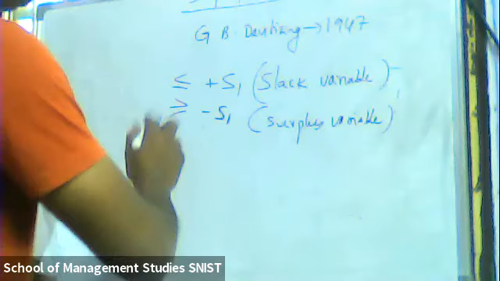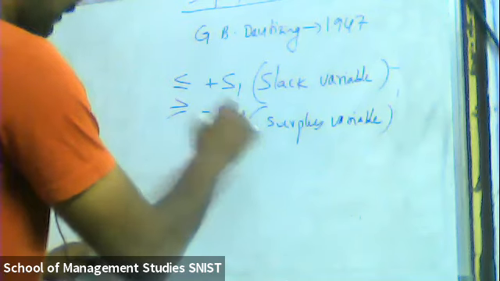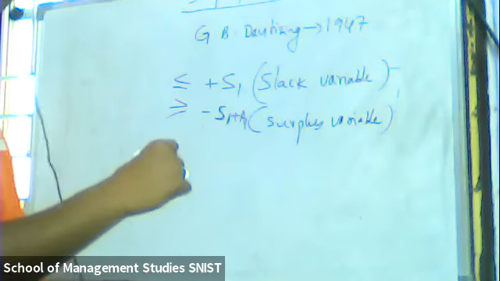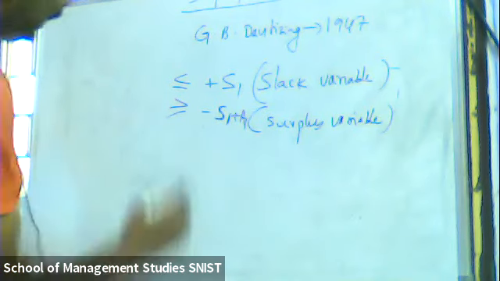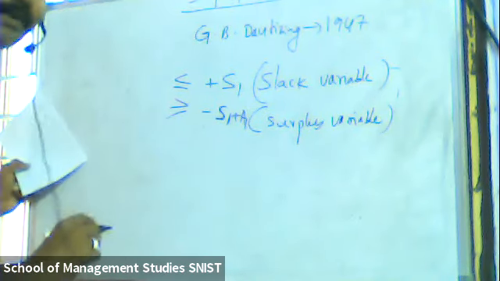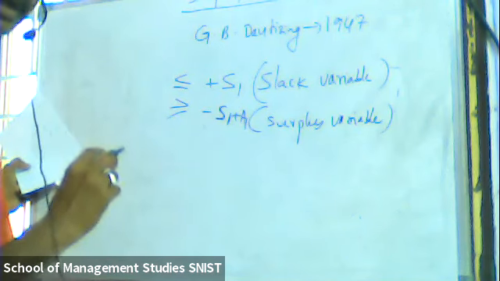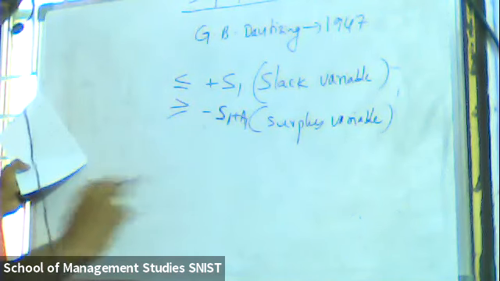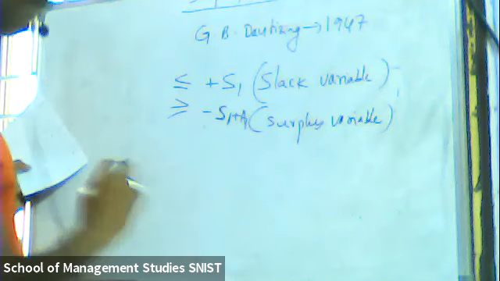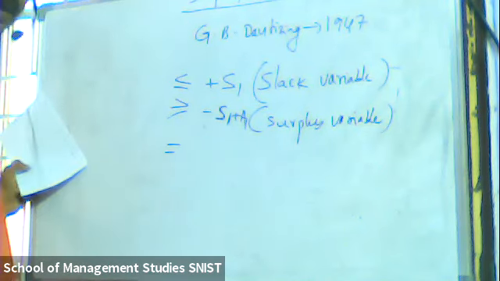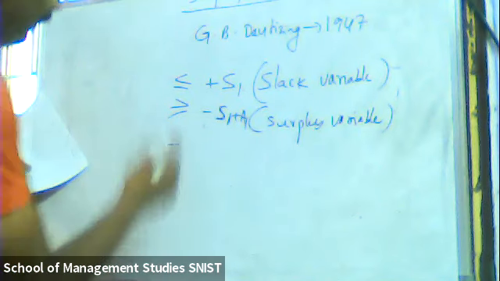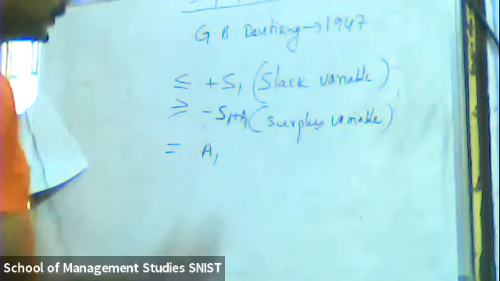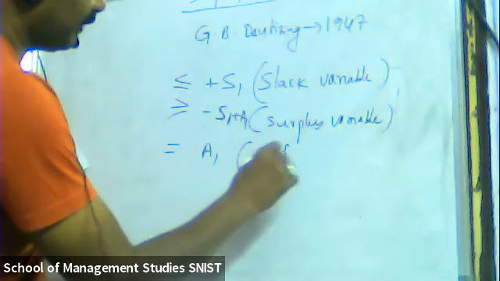Yes, sir. So usually what we do is minus S1 plus A1. A1 is an artificial variable. I'm not confusing you by explaining this right now. As of now, even in the graphical method, we solved problems with constraints less than or equal to or greater than or equal to, but we did not come across equal to. In the simplex method, you are going to get equals-to constraints also. If the constraint is equal to, then we add A1. A1 is the artificial variable.